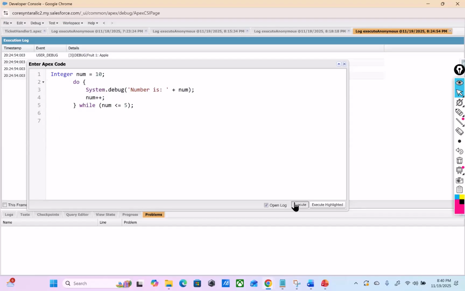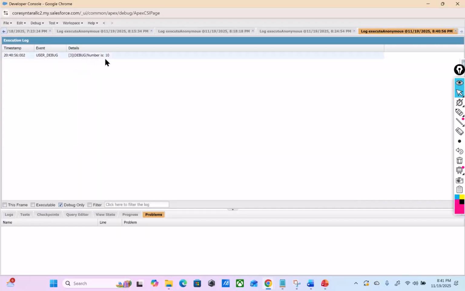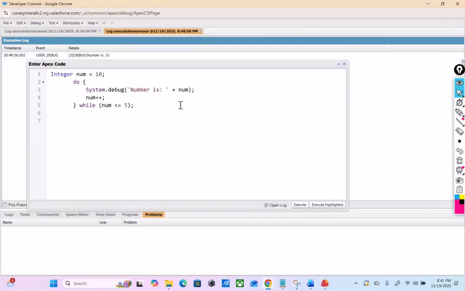Okay, this is an extra. So you can see here, it ran one time. Even if the condition was not right, the value of i was 10. You can see here, the value of number was 10 and the condition is this. But if you would have written a while loop, same thing, while number less than or equal to